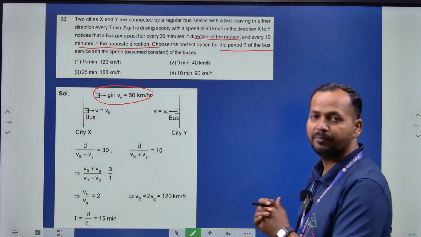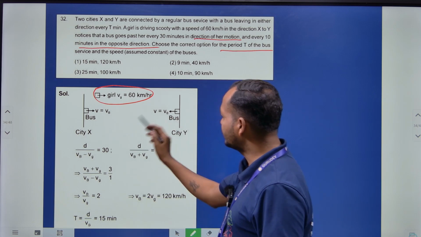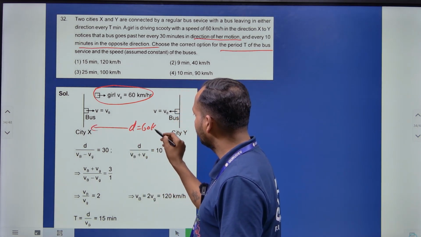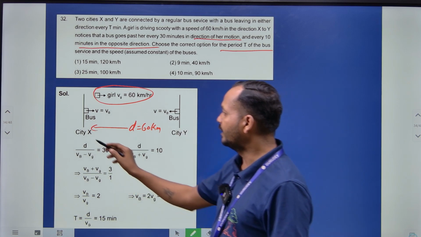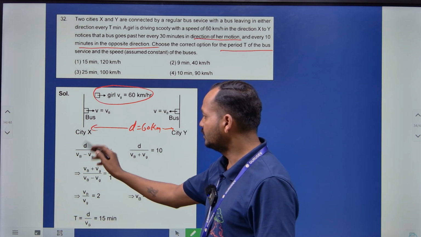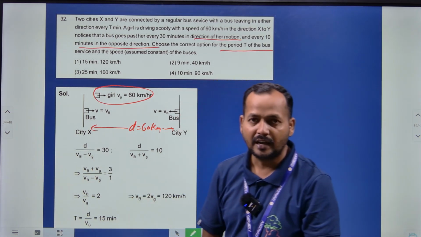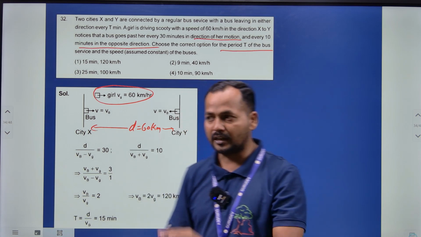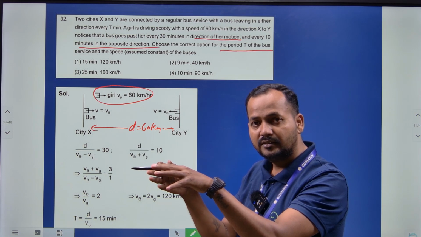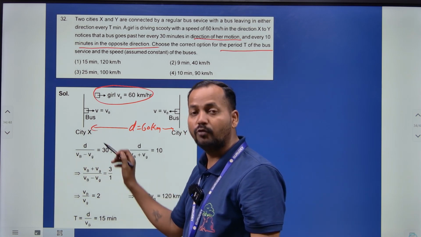सो बस सर्विस का जो टाइम पीरियड है उसका कितना है, ये समझ में आना चाहिए हमें। तो जो टोटल डिस्टेंस है यहाँ पे, यहाँ से यहाँ तक हम लेंगे d, जो होता है 60 किलोमीटर, ठीक है। देन क्योंकि गर्ल जो चला रही है वो स्कूटी 60 किलोमीटर पर आवर है, वो टोटल डिस्टेंस जो है, टोटल डिस्टेंस वीबी माइनस वीजी, वीबी माइनस वीजी ही क्यों लिया, आपको पता है रिलेटिव वेलोसिटी, अगर दो बॉडी सेम डायरेक्शन पे जा रहे हैं उनका रिलेटिव वेलोसिटी क्या होगा, यस मिनिमम होगा।